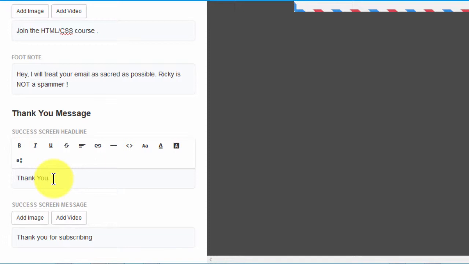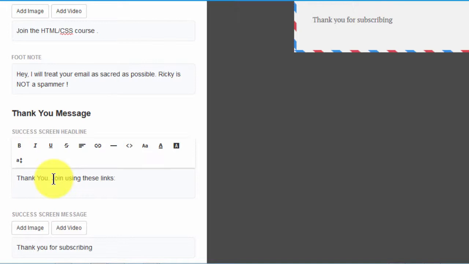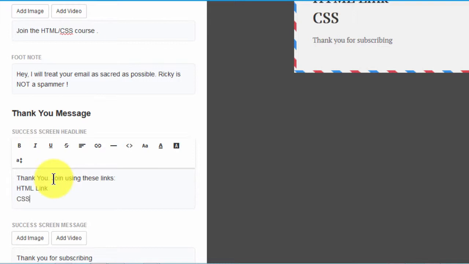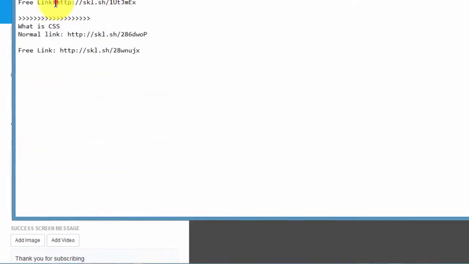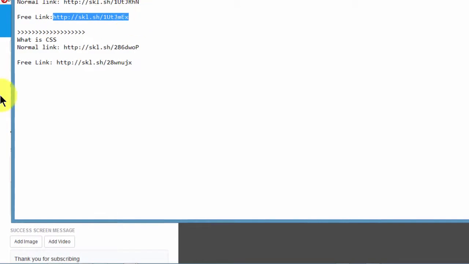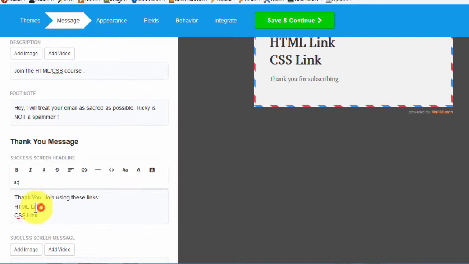So here I can say, thank you, join using these links. Enter, and then we have HTML link, and then we also have CSS link, HTML, insert link,